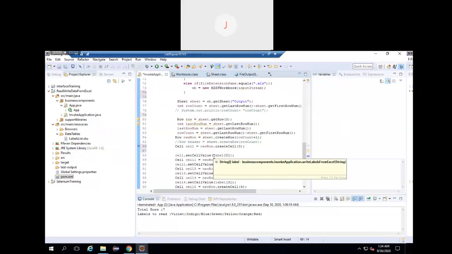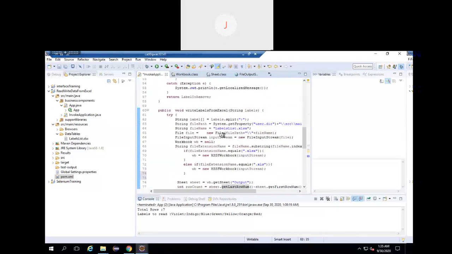Jivita? Yeah, Varshita here. What if we want to write data from an Excel file into an element in a web page? You want to write data in a particular column? No, we have to read data from Excel and write it in the web page during automation. Okay, you want to read it and write it in the web page. Yeah. So see.